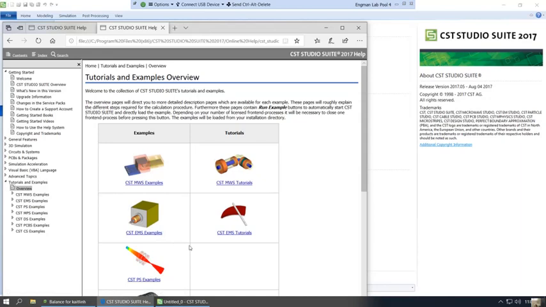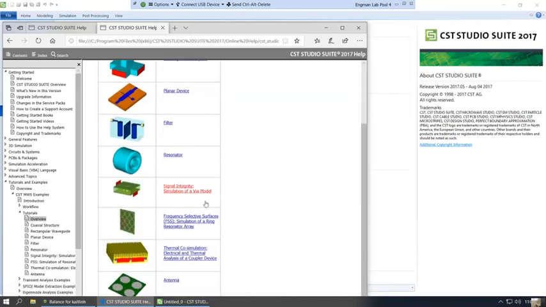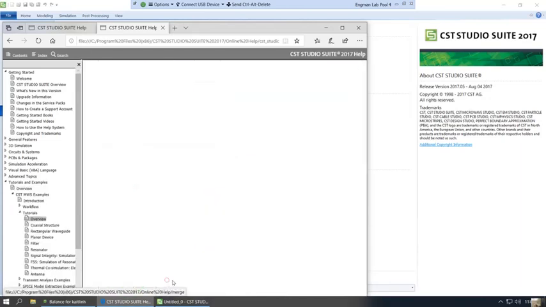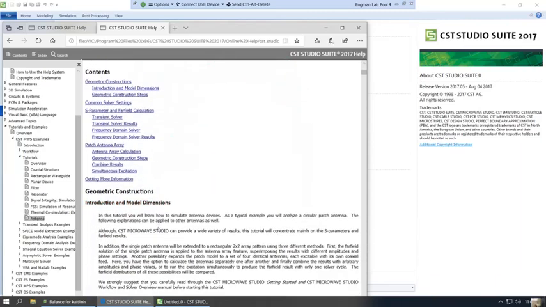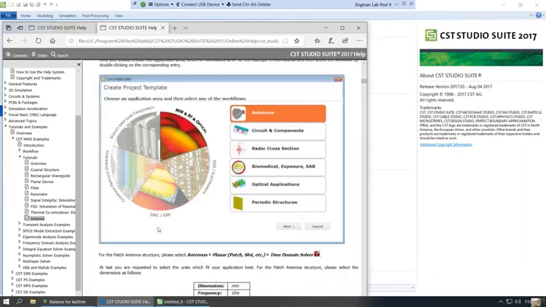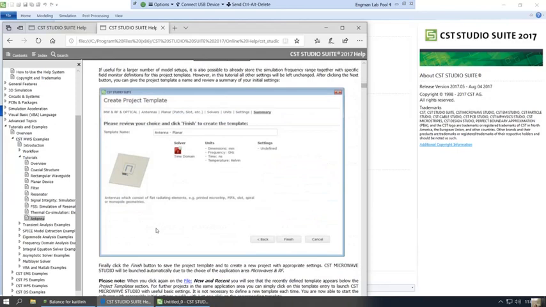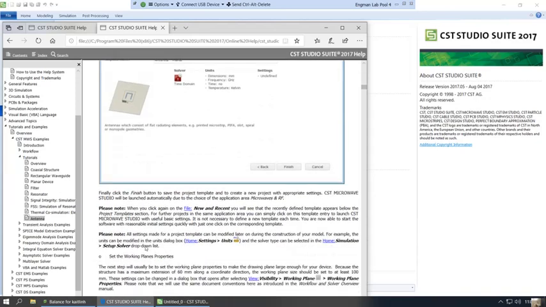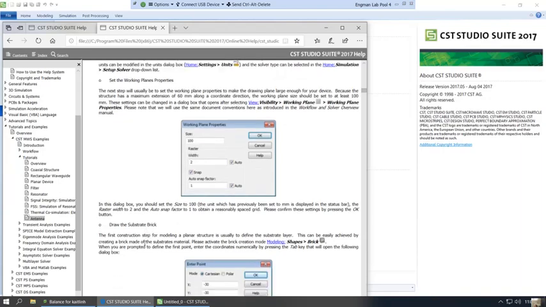So as I mentioned, we are going to be doing this basic patch antenna, which is in the CST Microwave Studio tutorials. And it is down here. So I just need this reference to remind myself about the dimensions. And this document is a written walkthrough of this verbal walkthrough that I'm doing. So if you need to refer to any of the steps, or if you just don't like the sound of my voice, this is more than available for you to complete this tutorial. All right, so